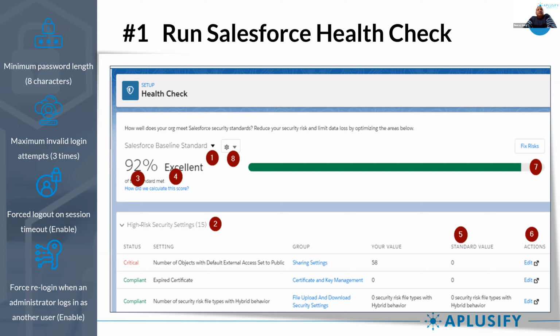It's very easy to run. You just have to select these options, click run, and you get this kind of report where you have all these errors. So it also says where you are compliant and where you are not compliant. And this is a very easy test to run, and every organization can run it.